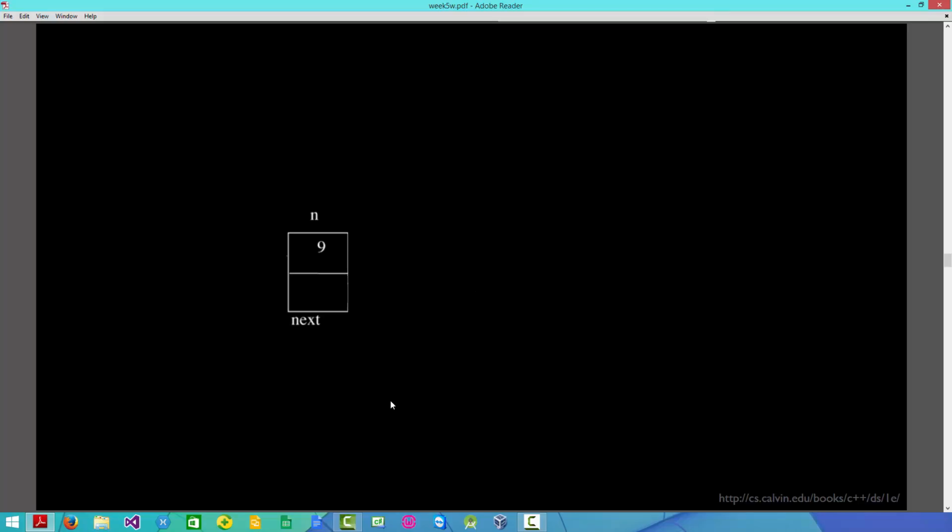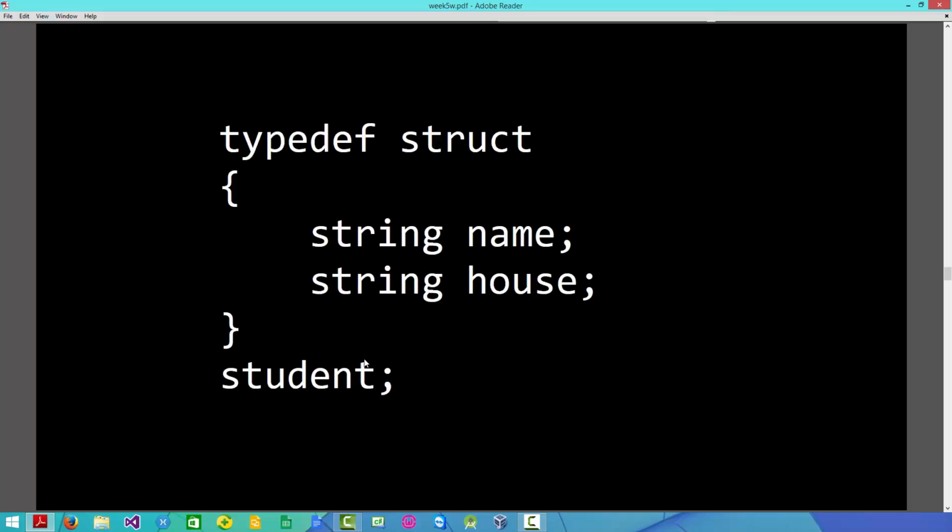This is a single node, as we call it in a linked list. It stores data, and the memory part which stores the data is called n in this case, and the pointer, that is the address of the next node, is stored in the variable called next. I use these variable names to understand what they do. So this is a single node represented. You can see on the screen that we need a struct to create this kind of node, which has a block of memory storing the name or a block of memory storing something else. So this is a node